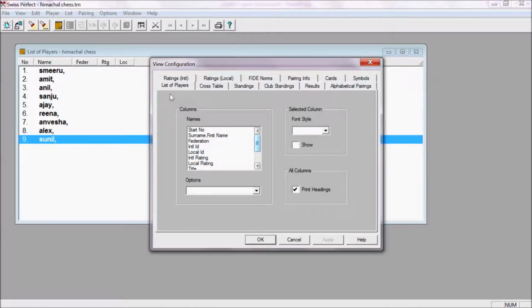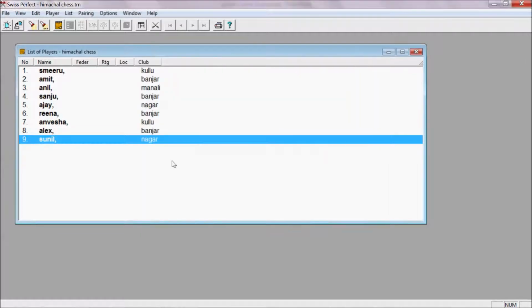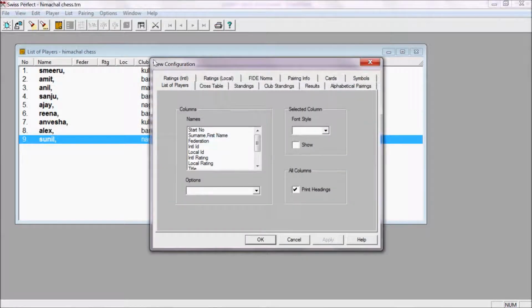In this display window, for example, this is the list of players. You can go to list of players, and for example, you want to show the club name of players also. So you go to club, click show, and click OK. So their club names have also appeared. Again, from these options you go to display, go to list of players which is on your screen. You can even show the sex of each player by clicking show.